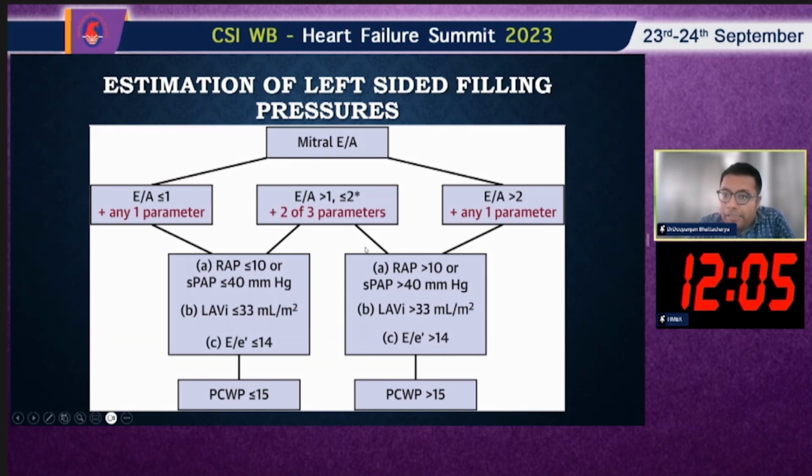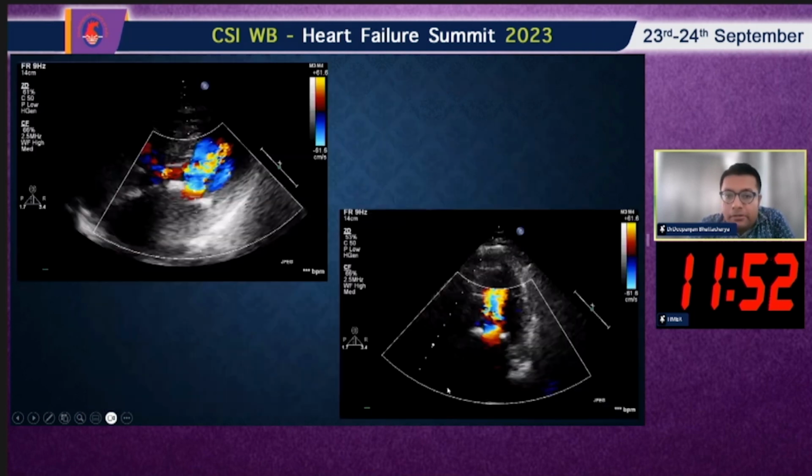However, if we find that E by A is more than 2, or E by A is between 1 and 2 with RA pressure more than 10, with evidence of pulmonary arterial hypertension, with dilated LA, and E by E prime more than 14, invariably the wedge pressure is elevated. So